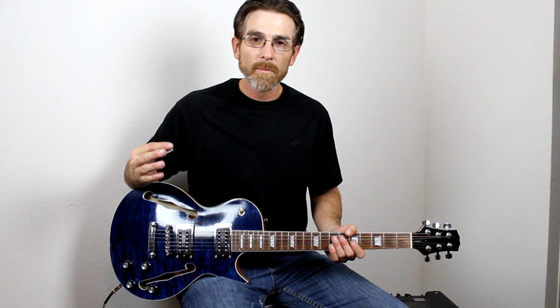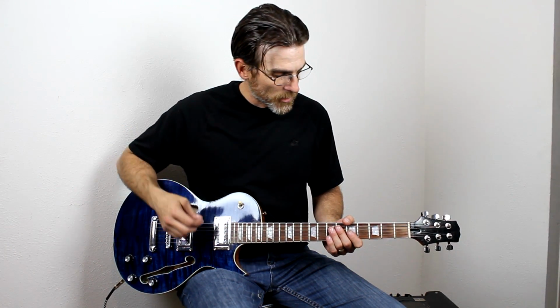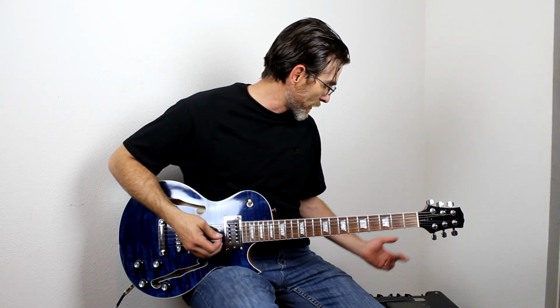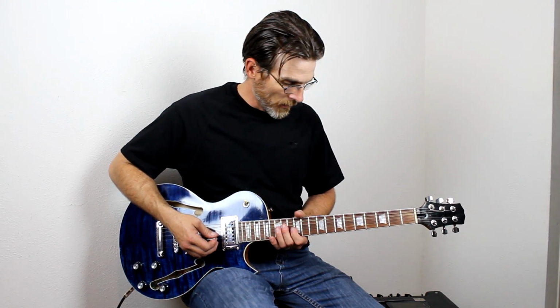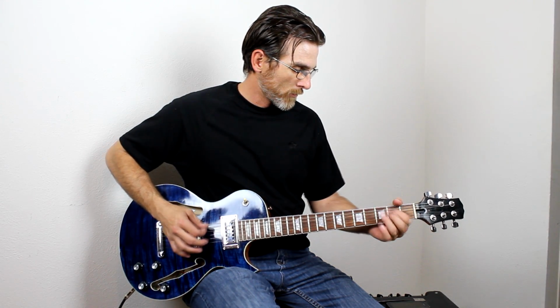Most people that pick it up ask me what kind it is. They don't realize offhand that it's a homemade kit thing. So anyway, I'm not much of a guitar player, but I'll play a few things so you can hear it. I'm playing this through my Fender Blues Junior, and this is set pretty clean. So we'll just...